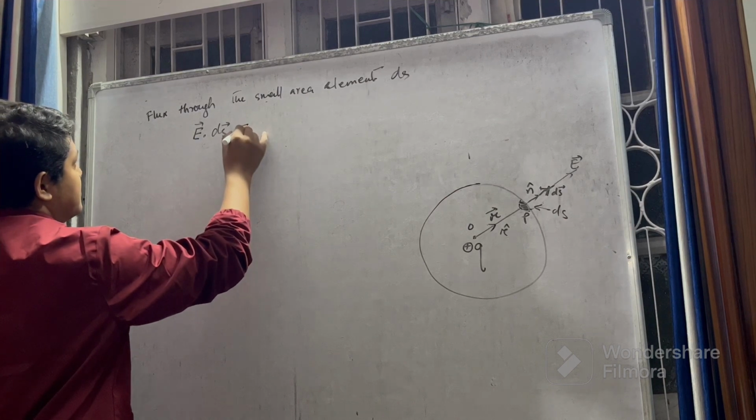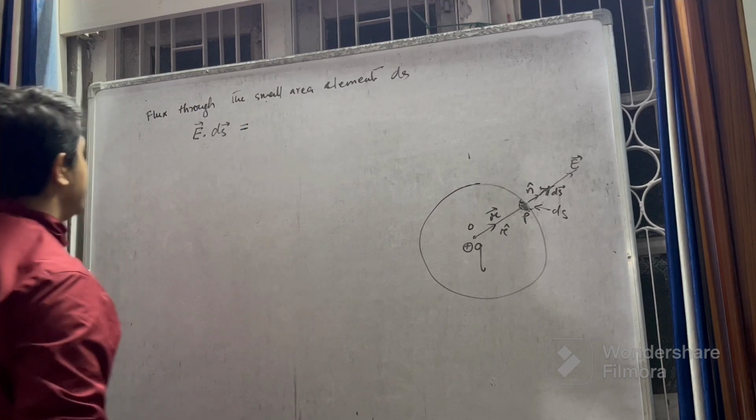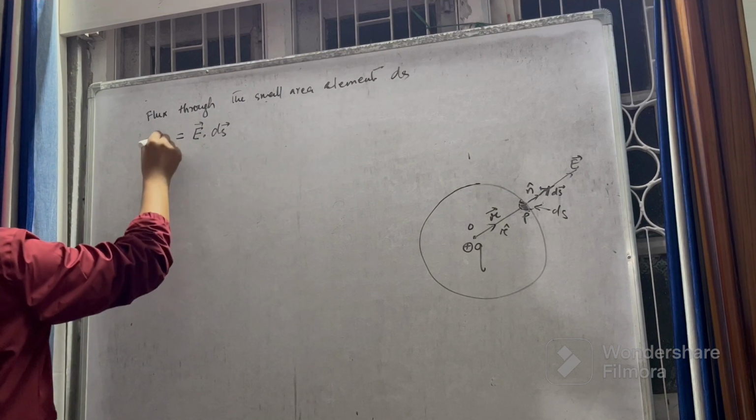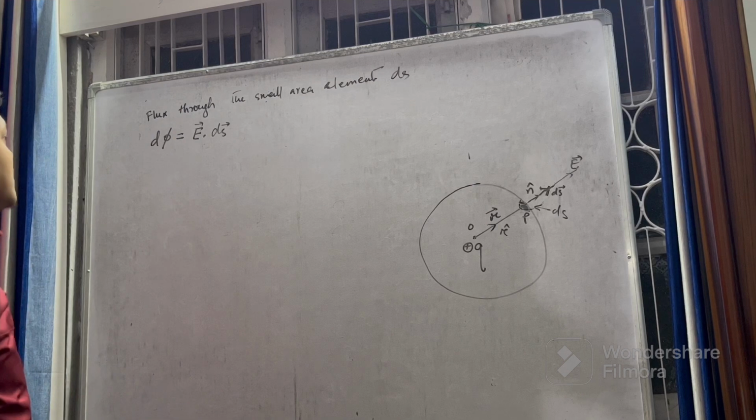So let me represent it by d phi is equal to E dot ds vector,